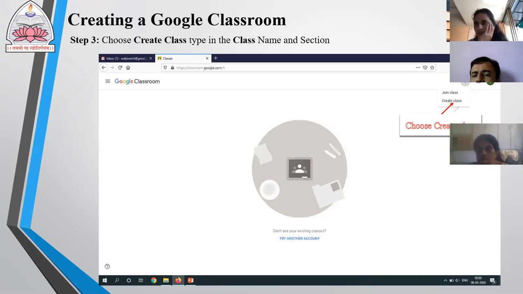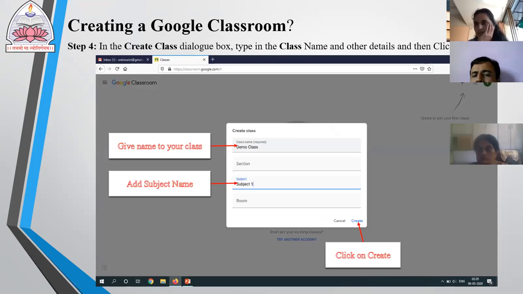Once this create class option is selected, this window will be displayed. Over here, you have to give a name to your class. You can give a section. You can type a subject. I have written over here demo class, since I am demonstrating it before you all. And the subject name, I have kept it as subject 1. You can also give a room name. Once all this data is entered.